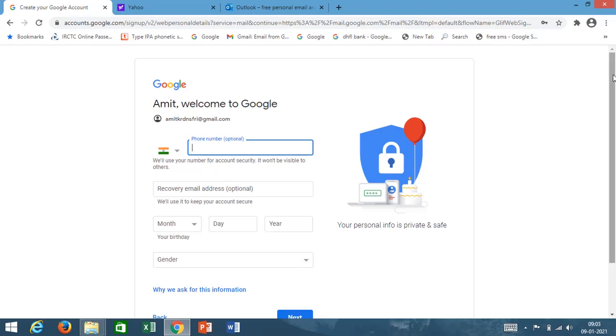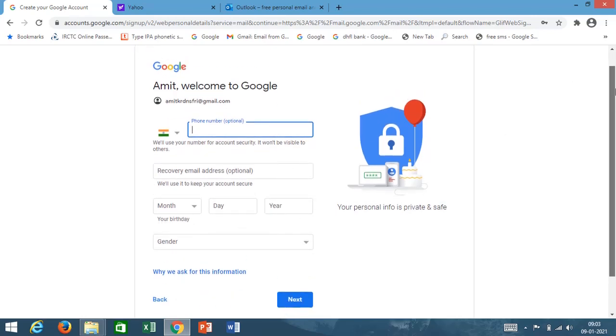Now here you see what details it is asking. Amit, welcome to Google. Now here it is asking the phone number. Now why are they asking this phone number? You should know, dear students, sometimes when we forget our password, when we are unable to recall our password, that time Google sends an OTP to the phone number which we have given at the time of making the email ID.